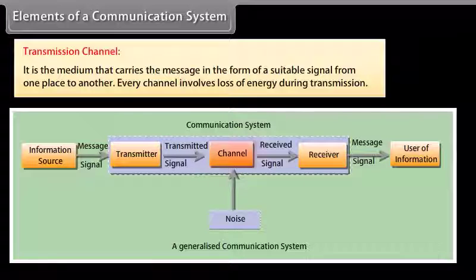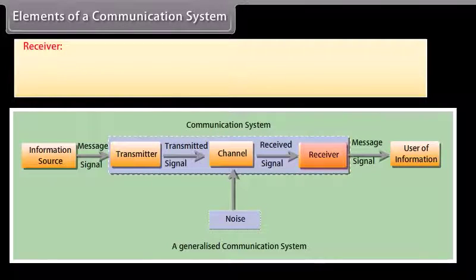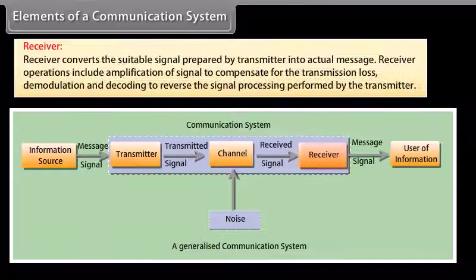Transmission channel. It is the medium that carries the message in the form of a suitable signal from one place to another. Every channel involves loss of energy during transmission. Receiver. Receiver converts the suitable signal prepared by transmitter into actual message. Receiver operations include amplification of signal to compensate for the transmission loss, demodulation, and decoding to reverse the signal processing